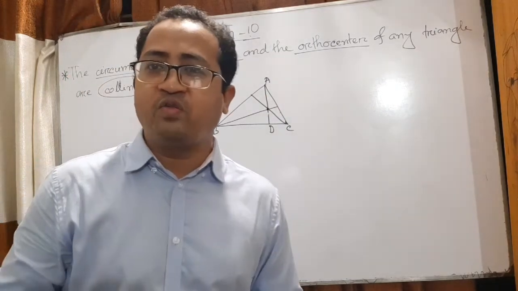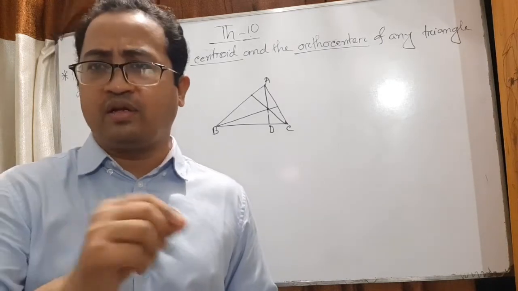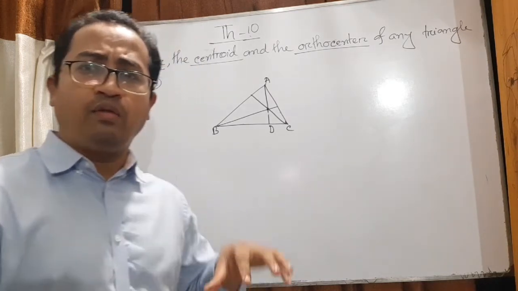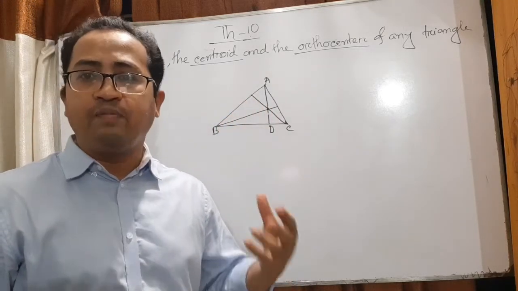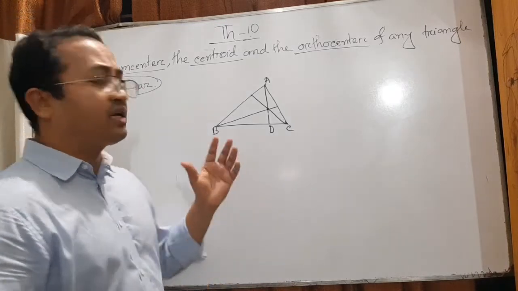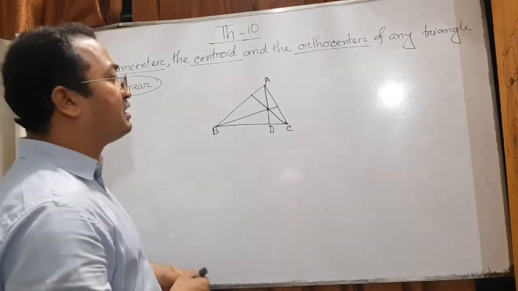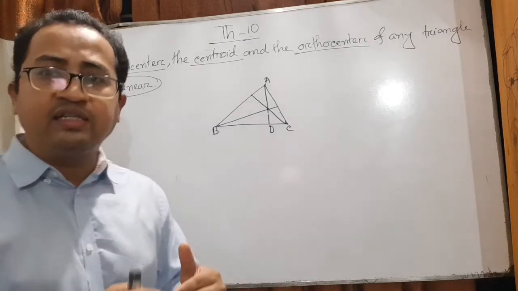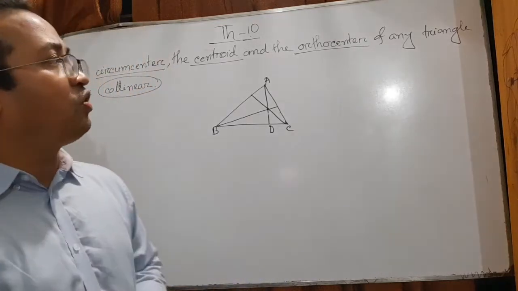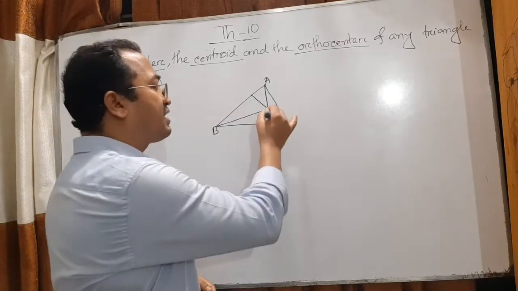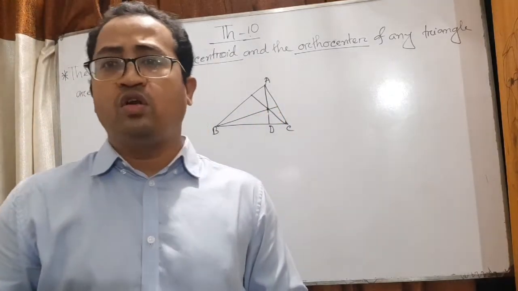I have drawn it without any measurement, any compass. So that's why there may be some difference, but the definition is like this. If you draw the perpendicular from any vertex to its opposite sides, there are three perpendiculars from three vertices to their three opposite sides. These three perpendiculars intersect each other at a common point. That common point is the orthocenter. So there are three things I have discussed: circumcenter, centroid, and orthocenter.